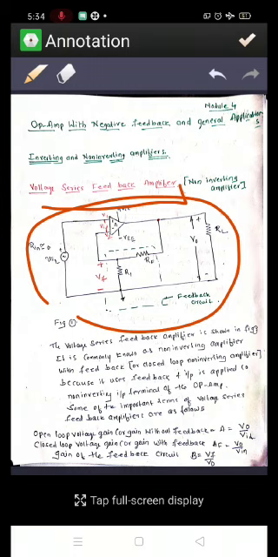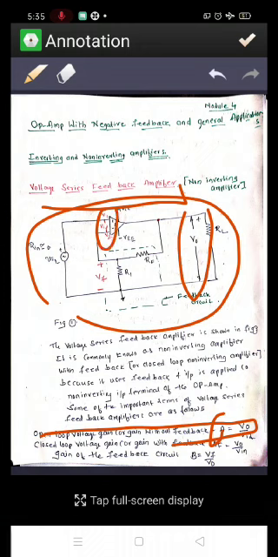Here the input voltage is given to the non-inverting terminal, and hence the name of the amplifier is non-inverting amplifier, and it is also known as voltage series feedback amplifier. The various parameters of the voltage series feedback amplifier are as follows. The first one is the open loop voltage gain without feedback, usually defined by the factor A, and that is equal to the output voltage divided by the differential voltage, that is V0 by VID.